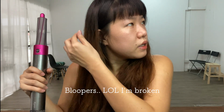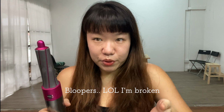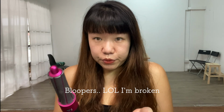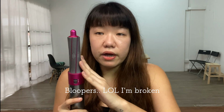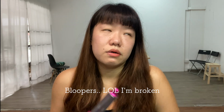If I place it outside, okay, let me get this right. You have to look into the mirror and see the direction of the curl. So how do I use this Airwrap? Very simple. After I attach it, I look into the mirror. There's the direction of which